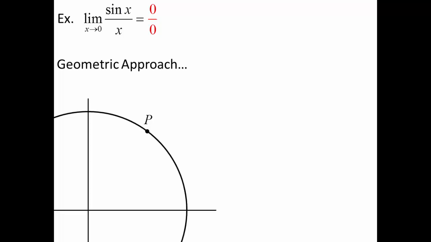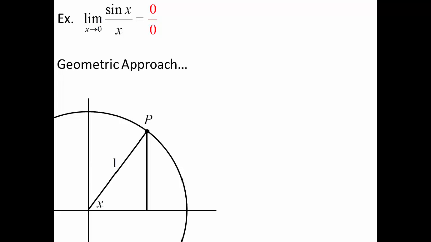So I'm going to start by imagining a circle. Now I'm just going to focus on the first quadrant of that circle, and there's a point P on that circle within the first quadrant. Now I hope you all agree that it's perfectly possible to draw a triangle within the first quadrant of that circle which intersects the circle at that point P. We now have an angle x in standard position, and I'm going to go ahead and define the radius of this circle to be 1 for convenience.